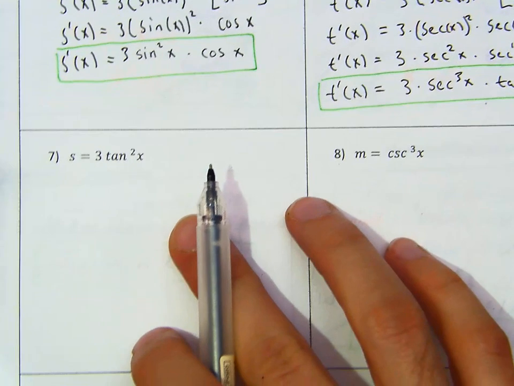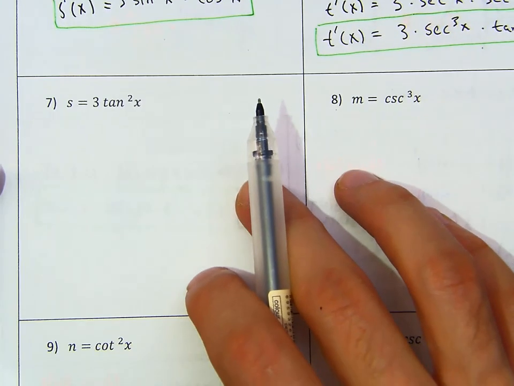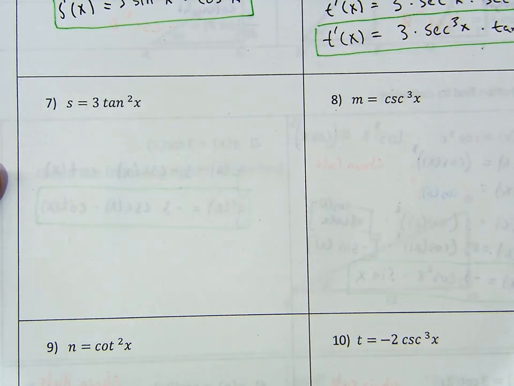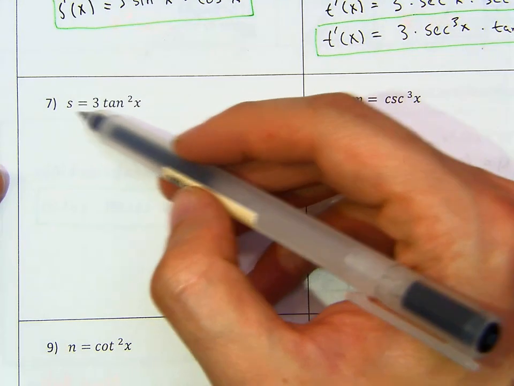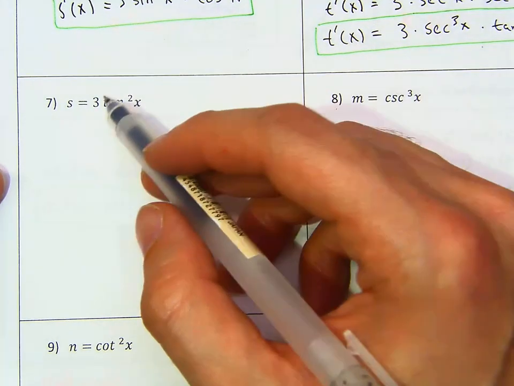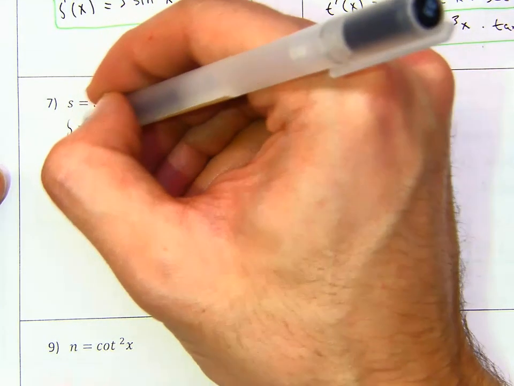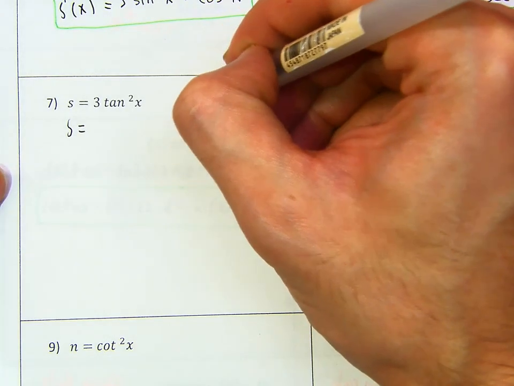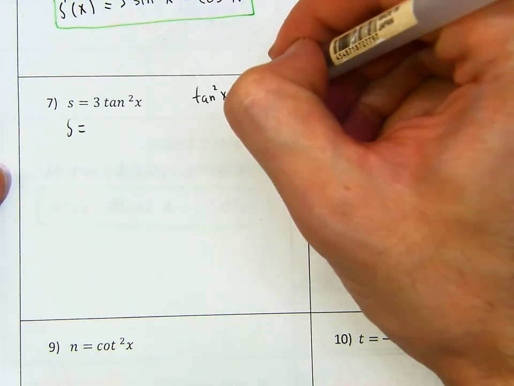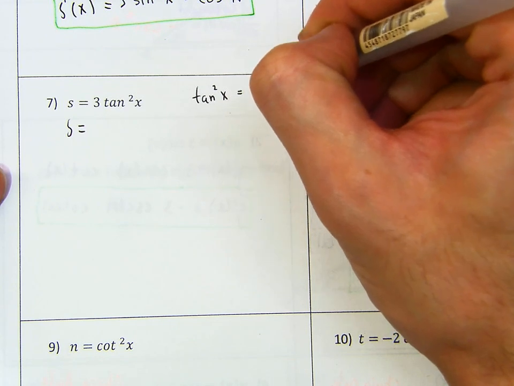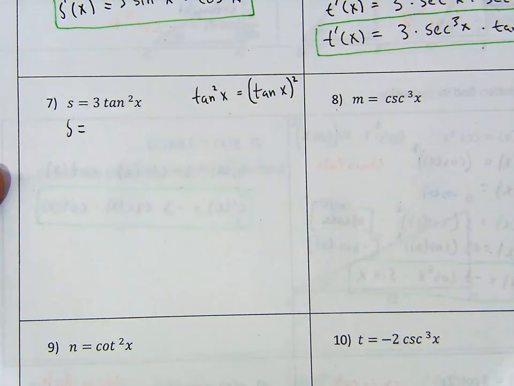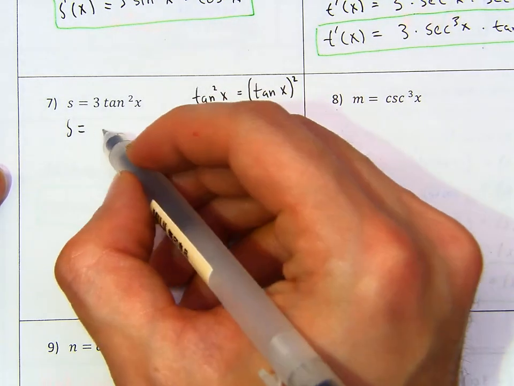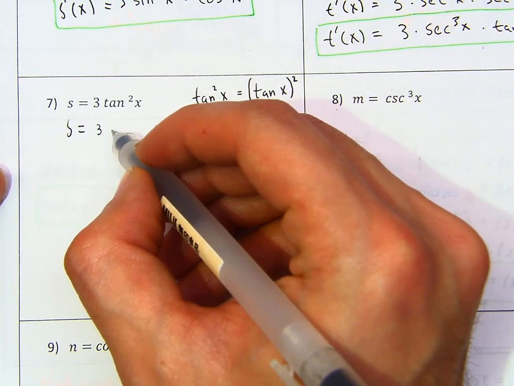Okay, try these on your own, right? You got this. Okay, so now here we have s. What is the derivative of s, right? So here we have s is equal to, all right, notice that tangent squared x is the same as tangent of x, the whole thing squared. Okay, so let's continue, right? So the way we would set this up is 3 times,